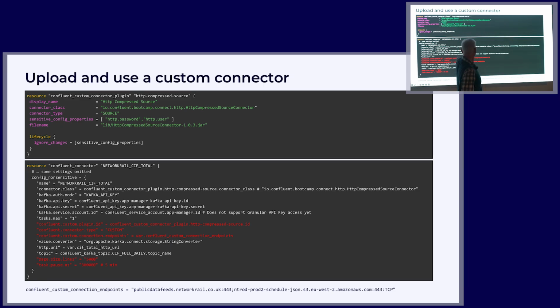You have to declare it as a custom connector and then you have to provide some endpoints. A custom connector cannot just willy-nilly go out and download stuff from anywhere. It actually needs to have an open firewall, so to speak, which you provide explicitly by giving it the endpoint connections in there. There turned out to be 2. Because there's the front end that we talk to, and that redirects internally to the S3 bucket to get the data out, and you have to put both of them in if you want to get this to run. And a few parameters in there: how many events do I create from this in blocks?